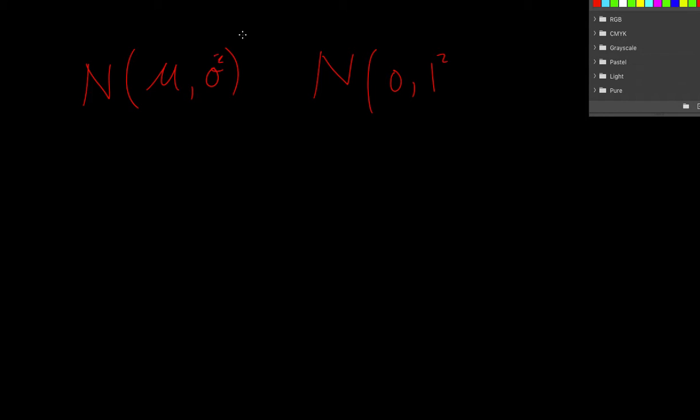So basically the mean is 0 and the standard deviation is 1. Okay? Now this is often denoted with a z out in front instead of an x,